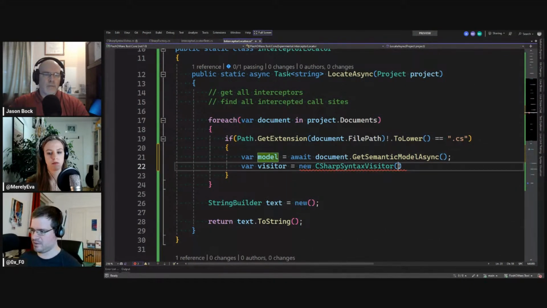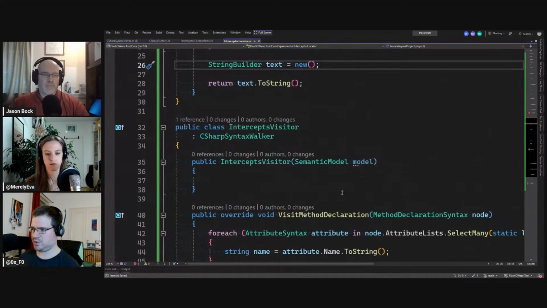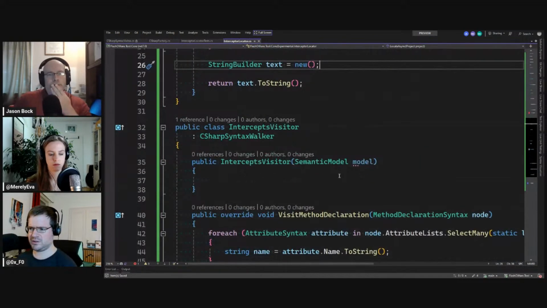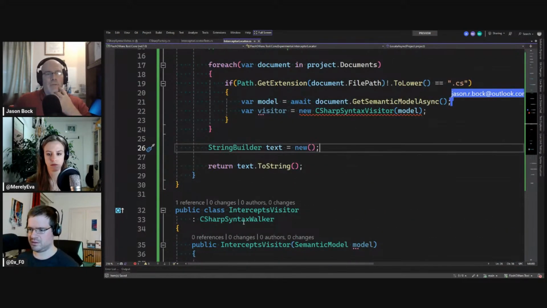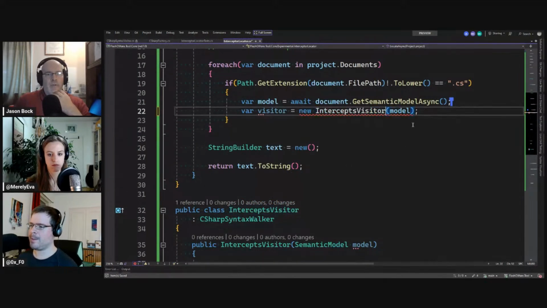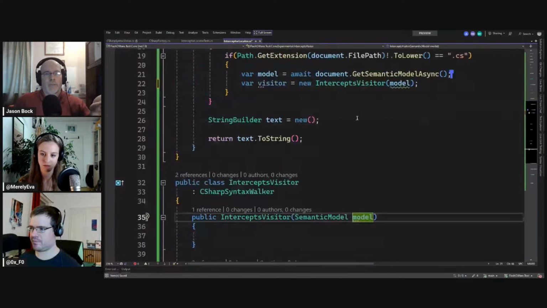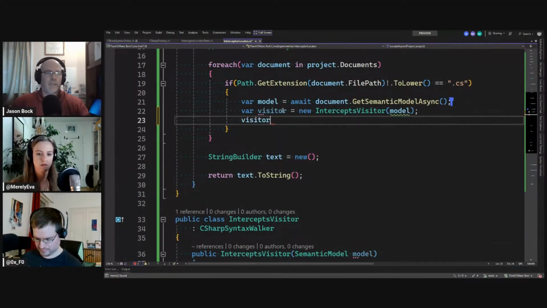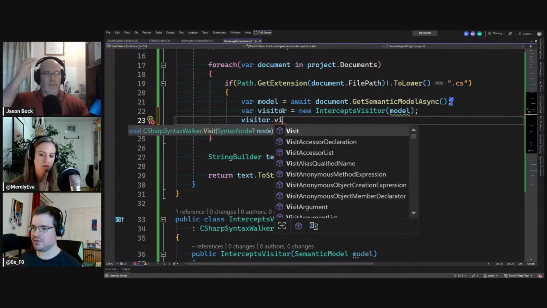Let's pass that in. And we're probably going to have to pass in the document to parse it at some point. Where do we need to pass that in? Well, actually, what I'm saying is in the visitor, you're passing in the model, but there's also a method that you have to call on the walker, I believe, that's just visit, and then I think that takes like a compilation unit, if I remember right, or something like that.